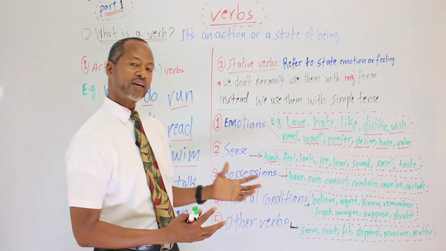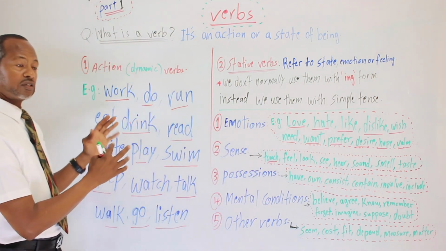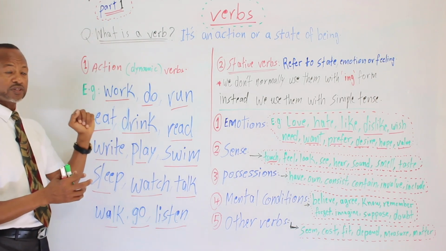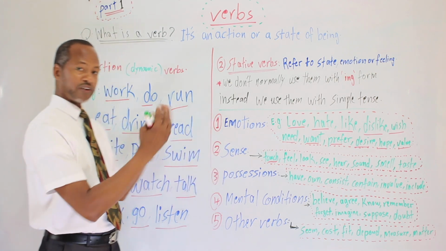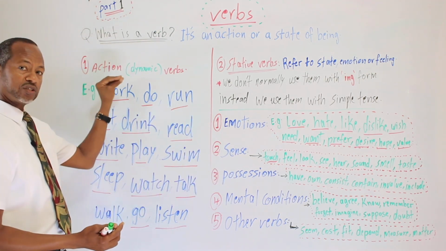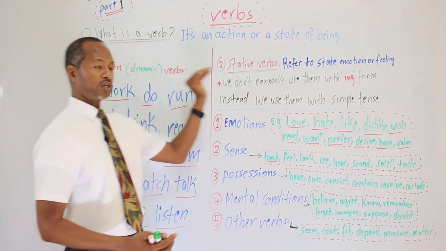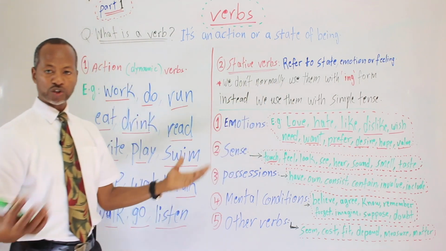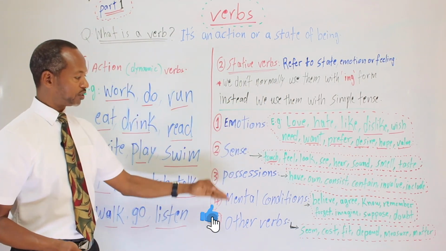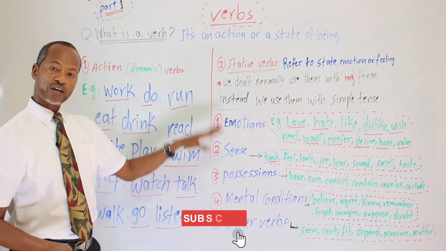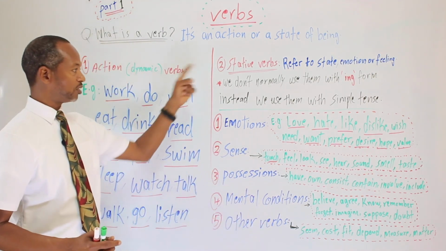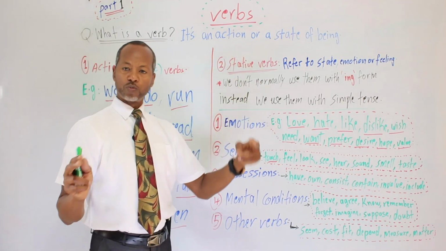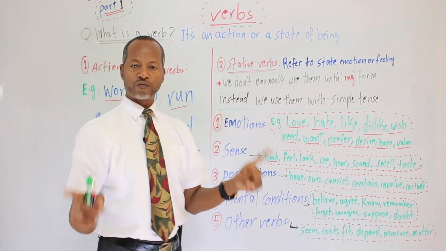So if you go back again, here we said verbs are action or state of being. And we divide them into two categories: action or dynamic verbs, or stative verbs, which refer to emotions or feelings. And we divide them into 5 subsections or categories. And then we say with stative verbs, normally, usually we don't use them in the ing form,